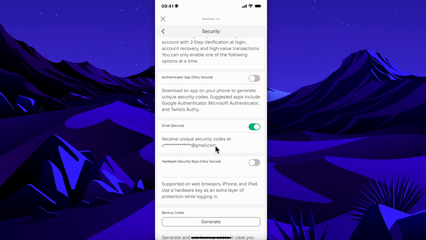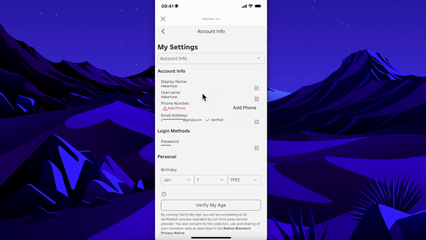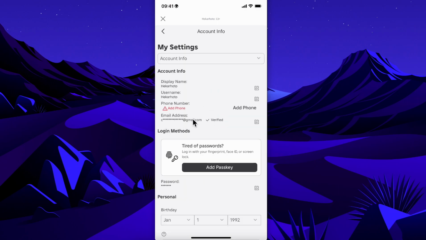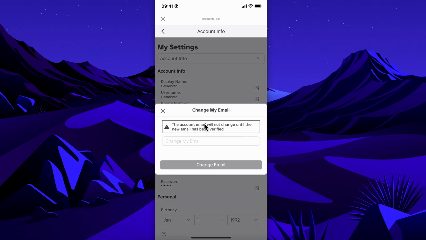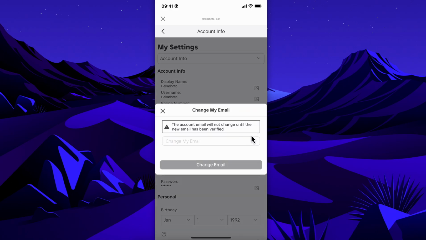So basically, if you want to know on which email you have the two-step verification turned on, you're gonna have to go back, then simply tap on account info, and basically this is the email that is linked to your two-step verification. Now, if you want to change this, simply tap on this pen icon, and then you're gonna have the option